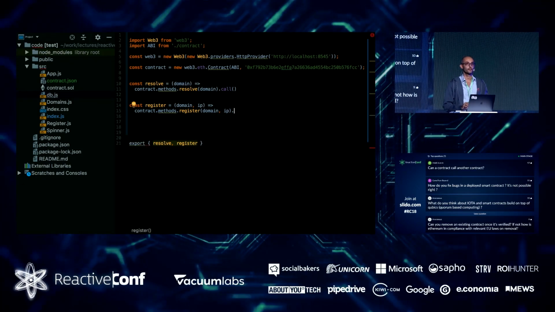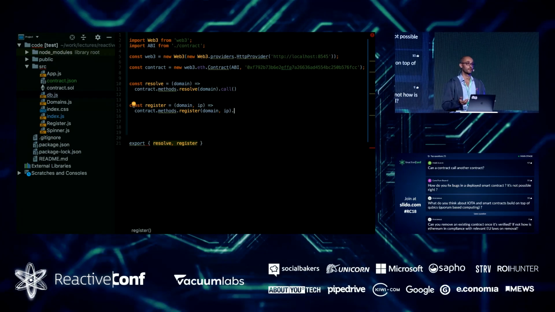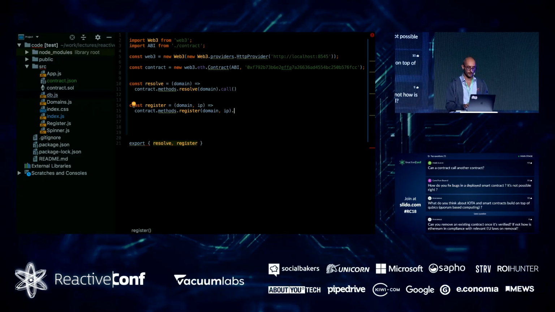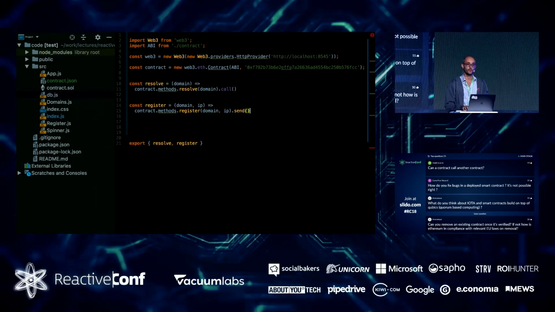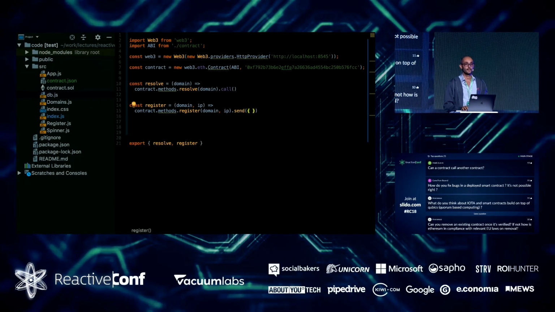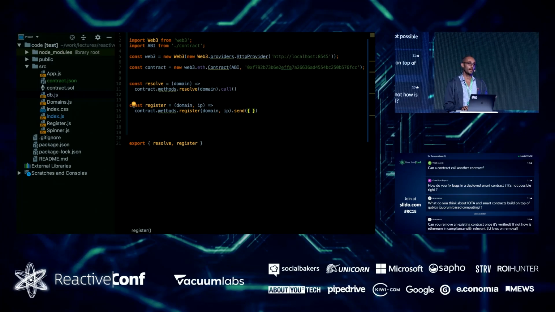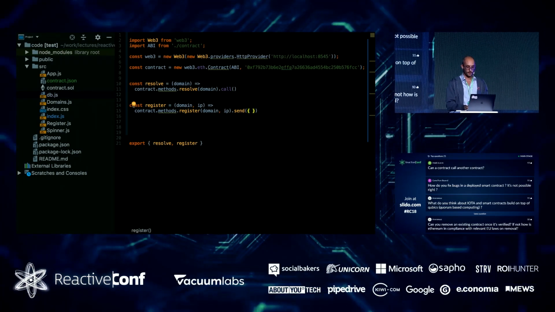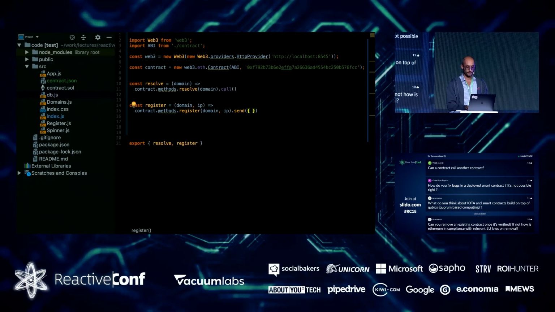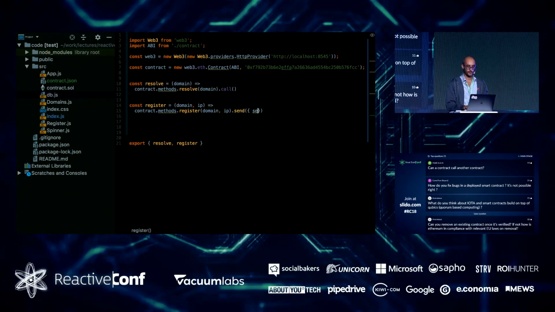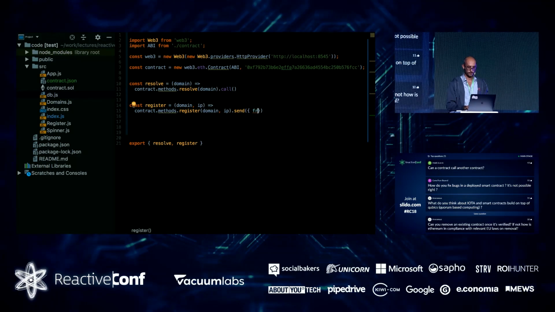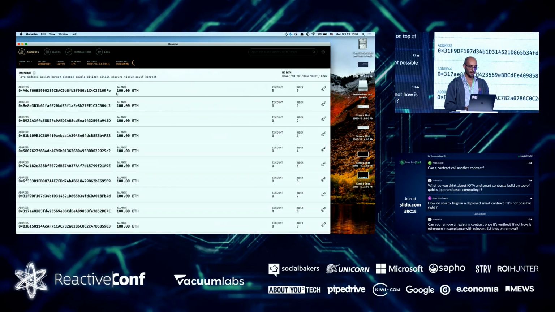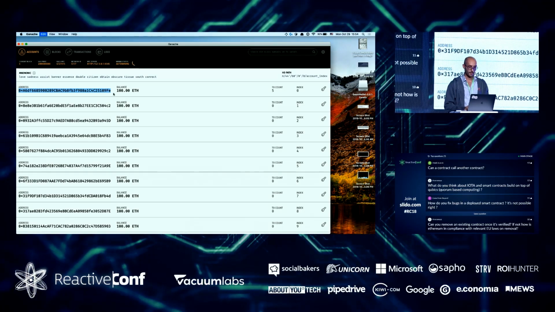The reason being, the server will expect payment for the change. Right? It's not going to do it for us for free. So what we'll have to do is call the send method and tell it which account is going to pay for it, because this is not free for us anymore. Sorry, from. And let's take one of the accounts we got in Ganache and steal some money from it.